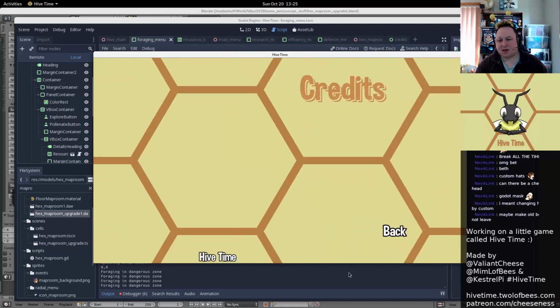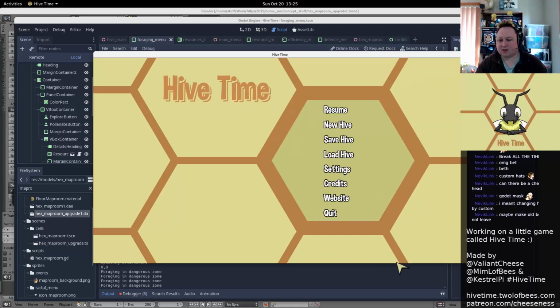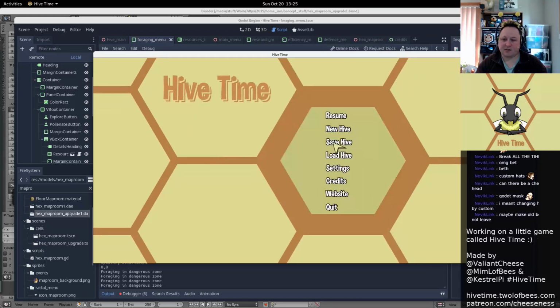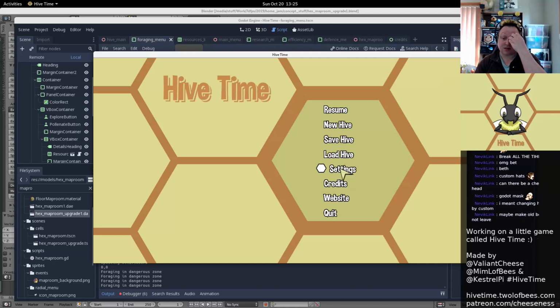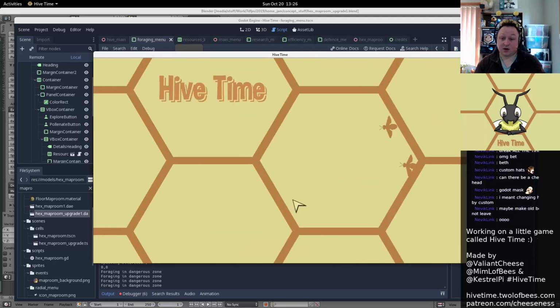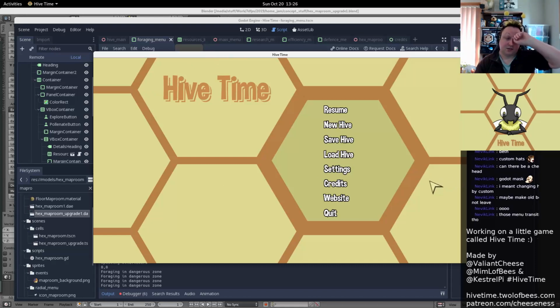So I'm actually thinking about changing the menu a little bit. I'm thinking of moving settings down to the bottom right corner. So if we go load, we go up and right. If we go save, we go up and left. If we go settings, it's just to the right. And what I'm thinking of doing is putting settings down the bottom right here, and having new Hive move you to the right,